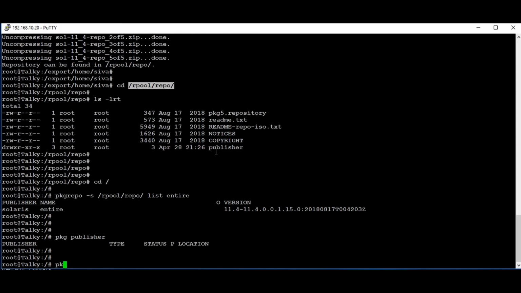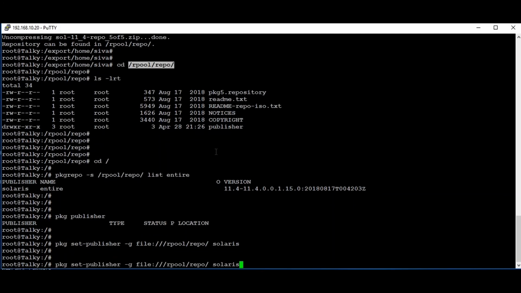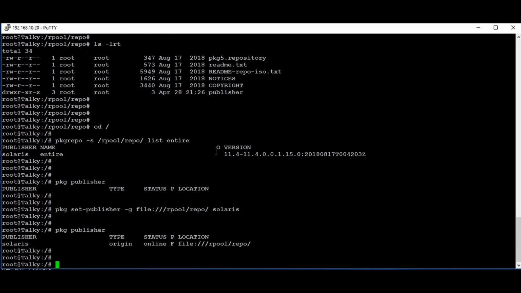So now we are going to set the publisher: pkg set-publisher -g, and the path is file:///rpool/repo, then solaris. Now the publisher has been set successfully.